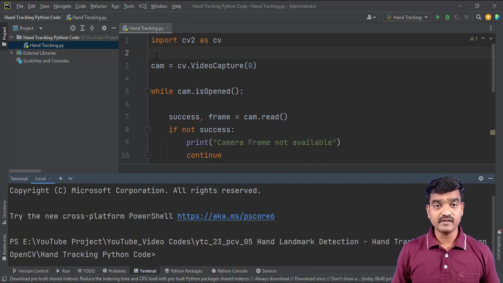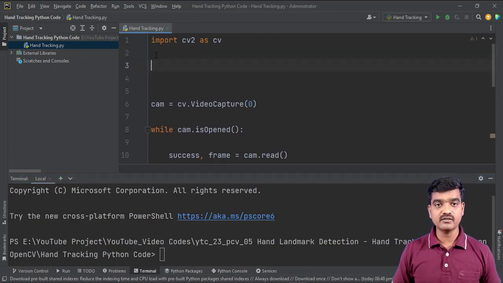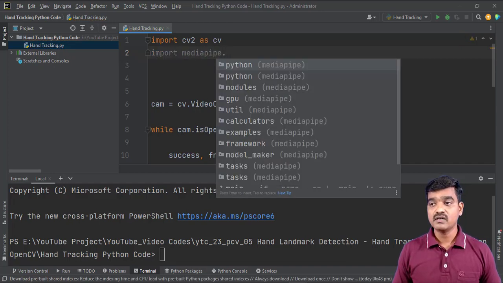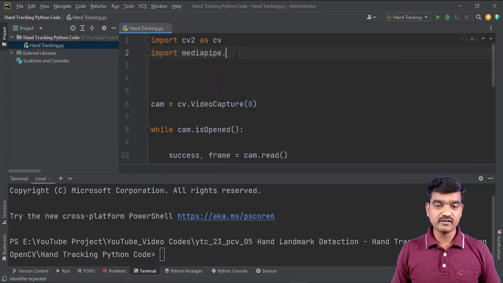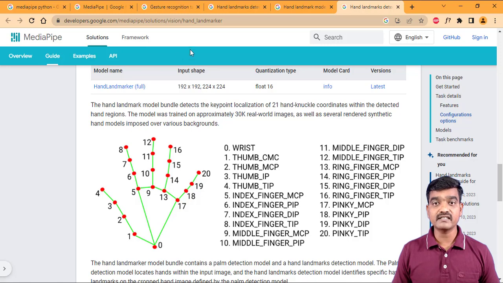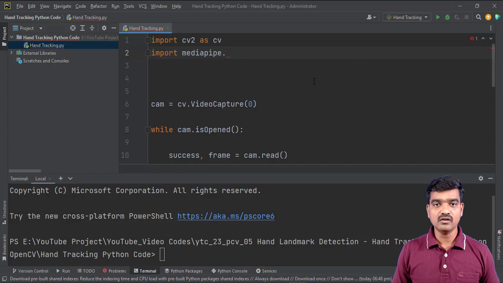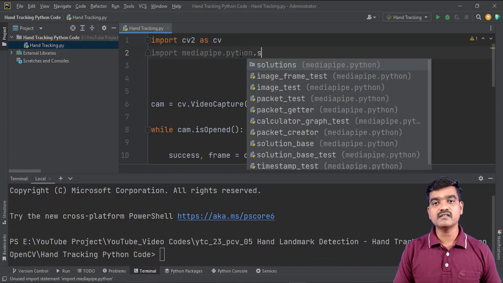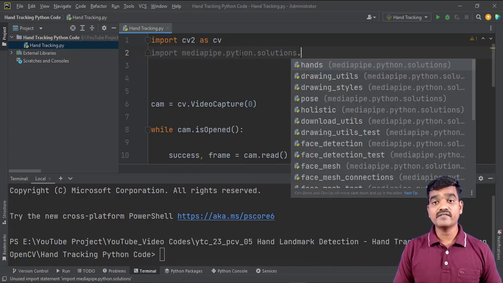So as we have installed our library, now let's get started using it. We have to import it first. So import mediapipe, of course. MediaPipe actually supports different platforms. Let's jump onto our application, and here you would see that the MediaPipe library supports Android, Java and Python as well. So we need to mention which solution we are expecting. We are expecting the Python solution. Here it shows Python and solutions, and here we have multiple objects that we can create. Hands is the one that we are going to use,